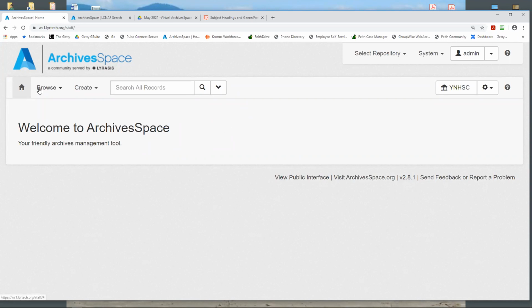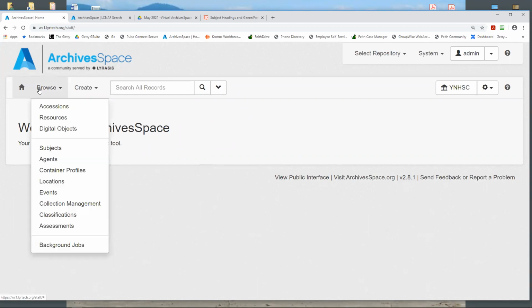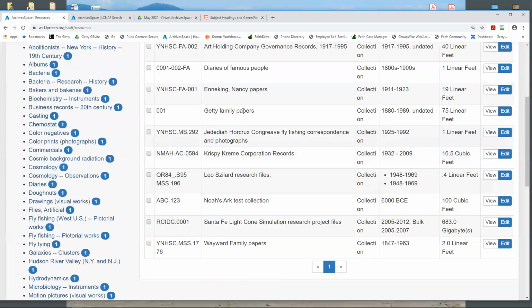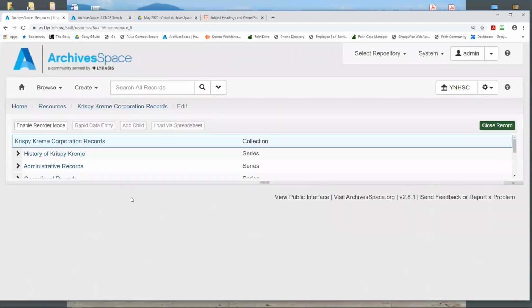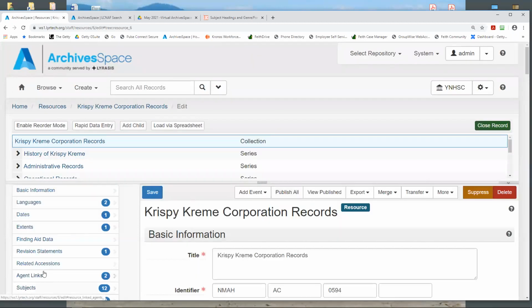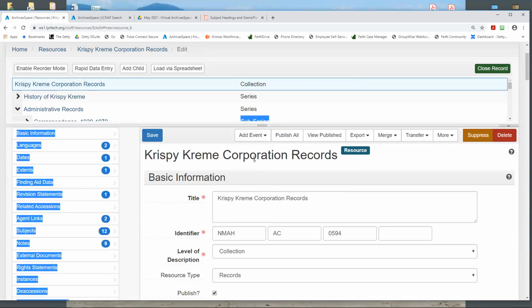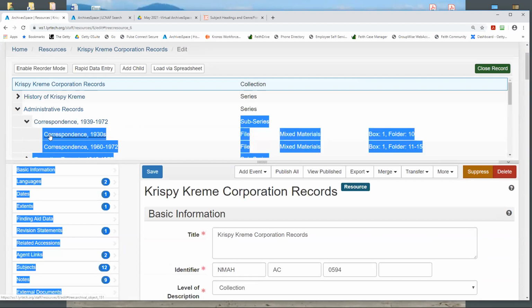Okay, so I think rather than container profile, the question actually refers to creating top containers. Whoever's question it was, chime in on the chat if I'm wrong about that. I think we're talking about top containers. So I'm going to come over to a resource that is more fleshed out. And let me drill down to an instance. When you're creating a top container, so in this case, correspondence,